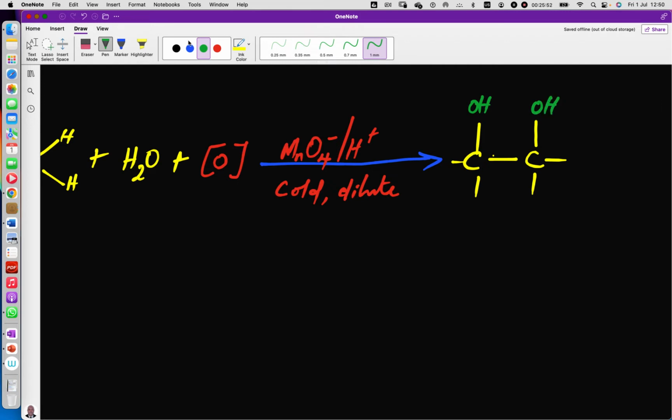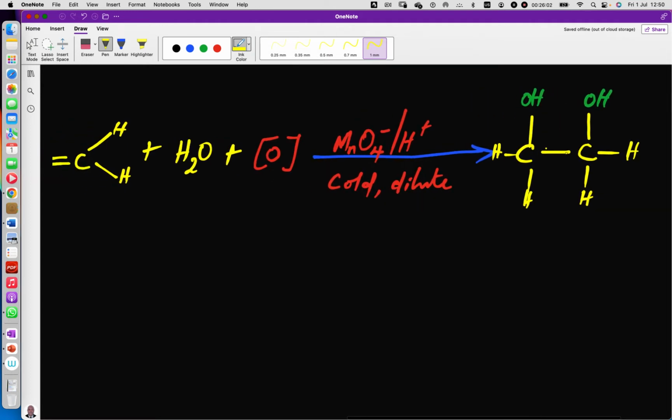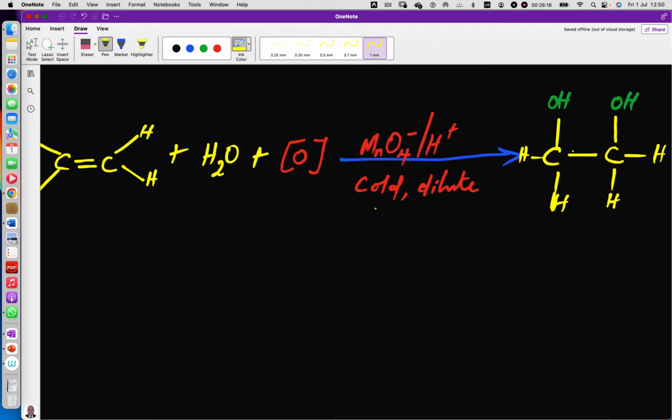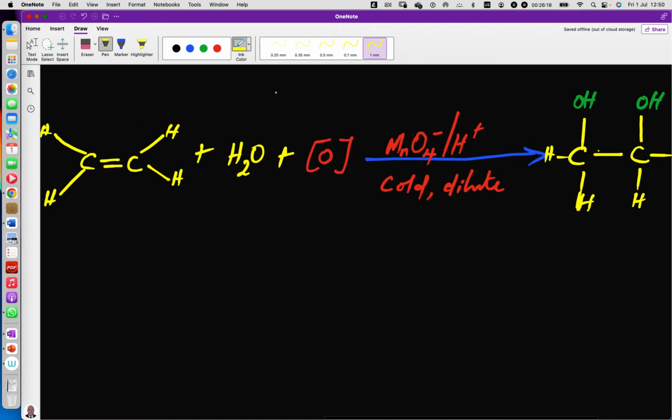Let's fill in the rest with our hydrogens. So our product here is a diol. Diol means that there are 2 OH groups on the compound. So now we can name this as